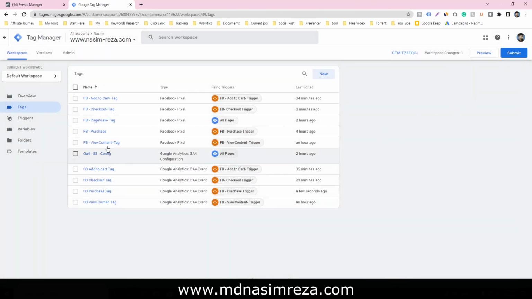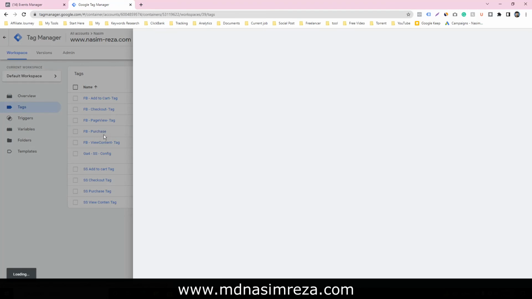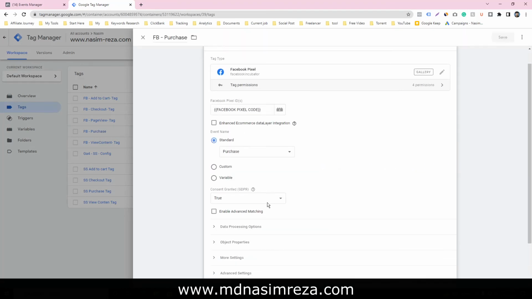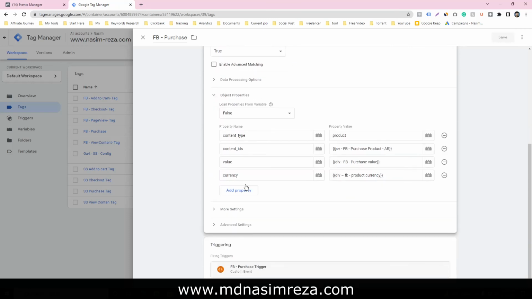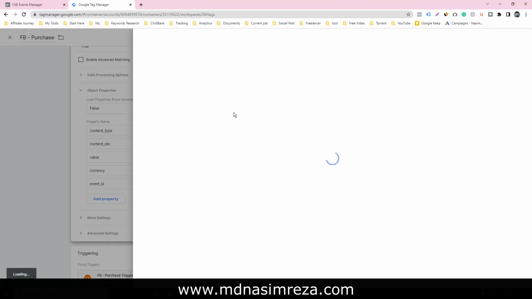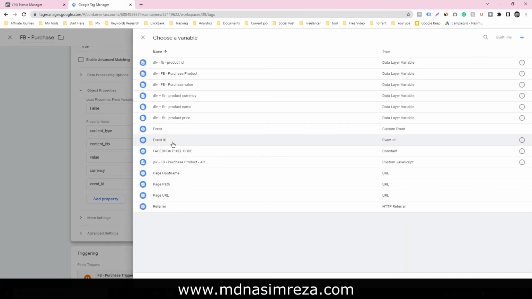Go to the server side purchase, then the browser side purchase, and make an event ID and select the event ID.